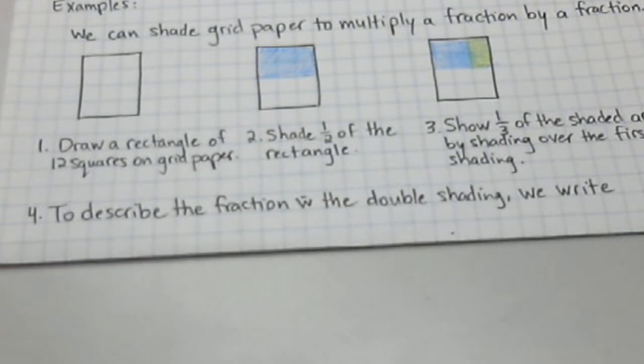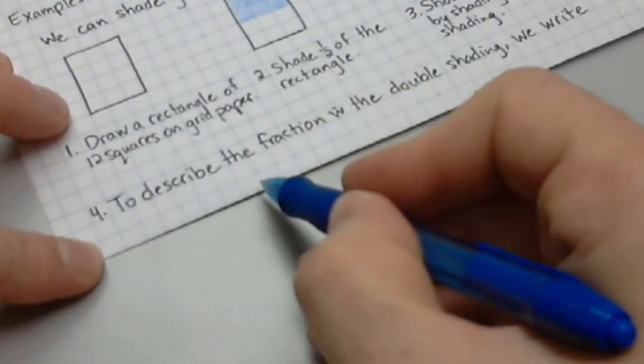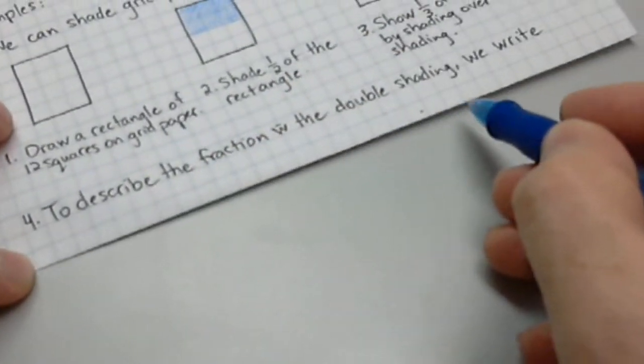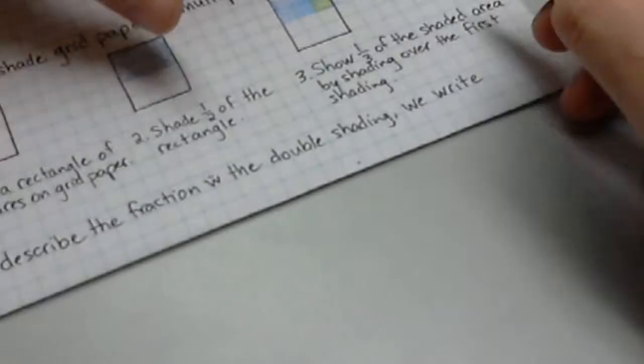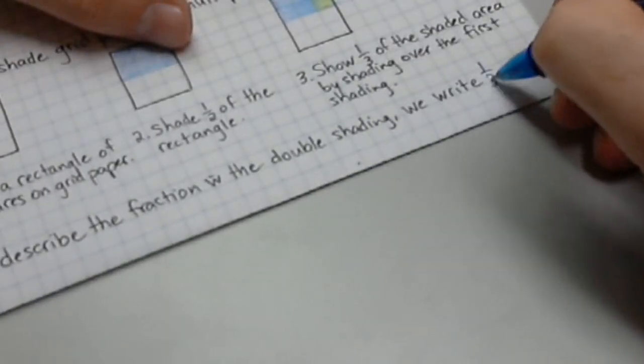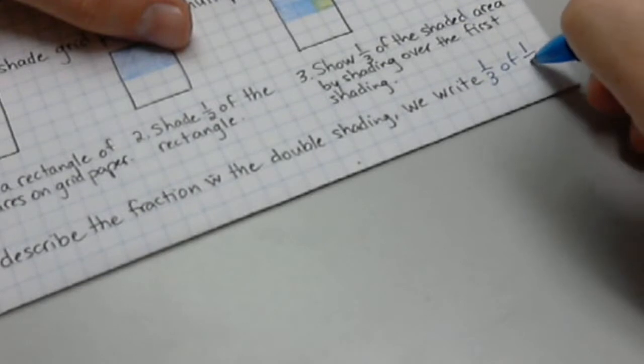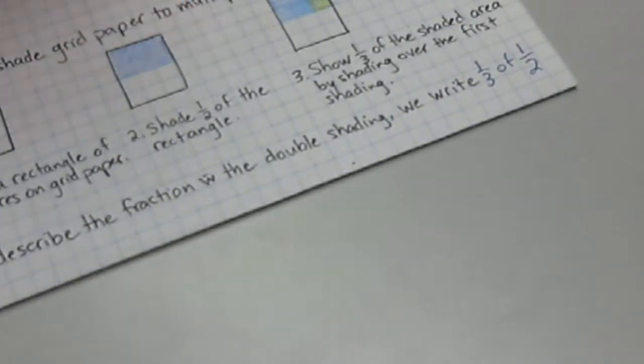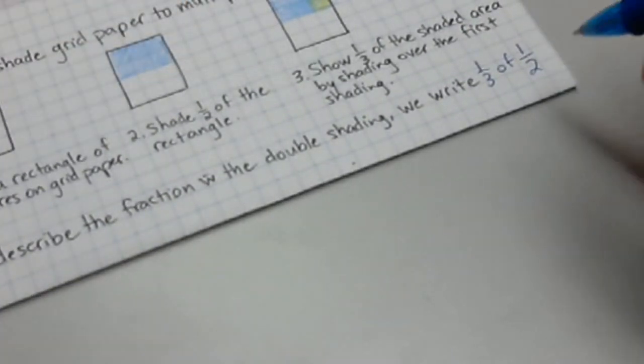What we're doing is showing, and I'll write it up here, this instruction says to describe the fraction with a double shading, we write this. We're showing a third of a half. Okay, we've showed a third of a half. Now, to write that,